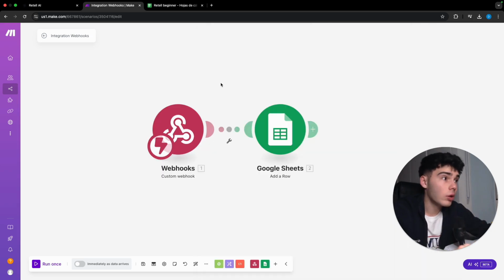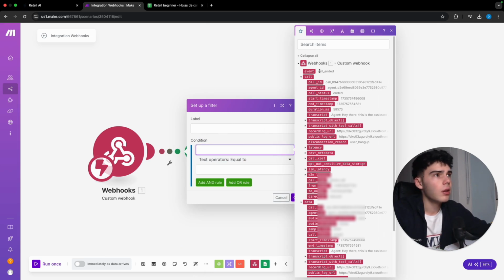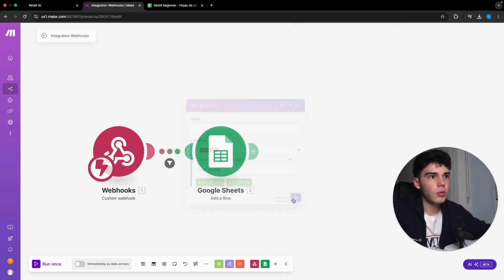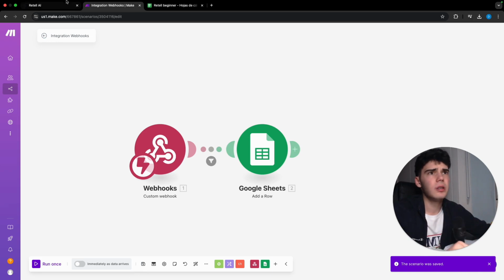There you go. What we do have to add is here a call filter, where the event is gonna be equal to call ended. As when the call starts, we are not gonna have the transcript, the cost information, and the recording URL. So we have to set here a filter so that when we receive the webhook data, it's only gonna pass to the Google Sheets add a row when we're gonna have the call ended data. Let's save again,